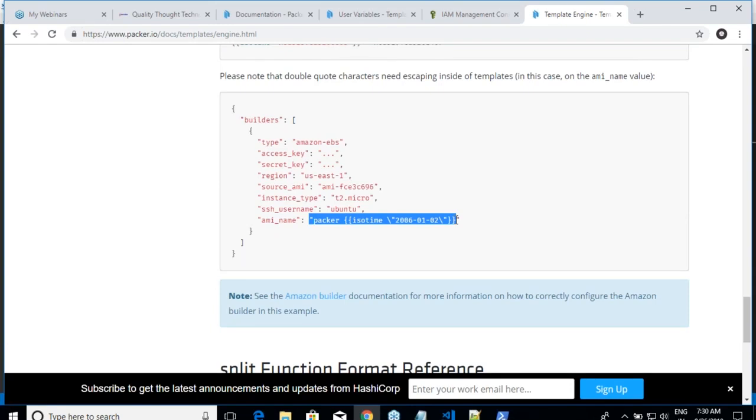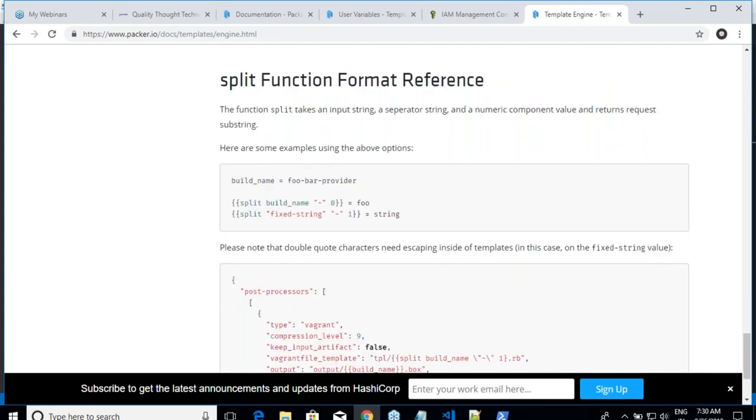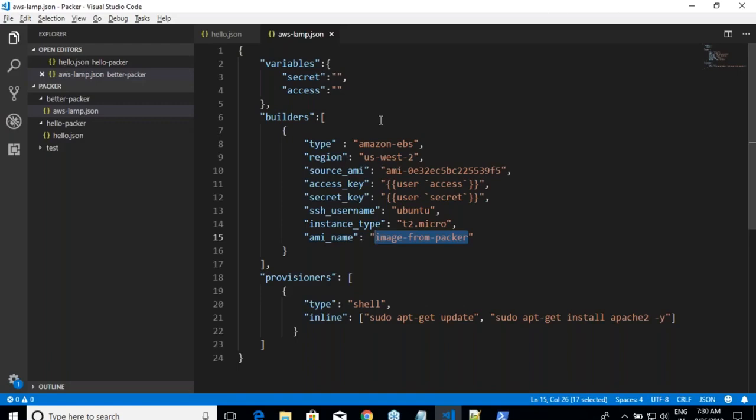This is all fine, but the first thing which you need to do is, whenever you don't want to have the image name over here, don't write it here. Ask user for input, or the other thing which you can do is, if you don't want to ask the user for input, just add timestamp over here, right? Timestamp you can hard code from whatever examples which you see. Even in our Packer one, we have many examples which use this variable. So you can use whatever makes sense, right?